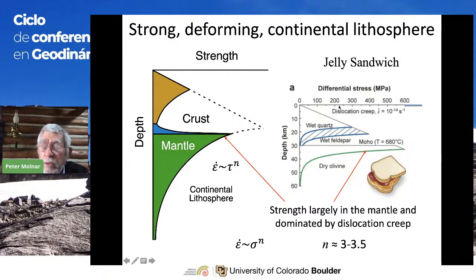I showed you this last week from Bürgmann and Dresen. So again, strength increasing because of brittle behavior, then weak because the feldspars and the quartz are weak. So you have this weak zone in the middle, shown over here. And then the strength is in the mantle down in here. And because the strength is in the mantle, and olivine in the temperature range that would apply here, which is not where Peierls creep works, is more where dislocation creep works, n is going to be of the order of 3 to 3.5. This is what we would expect for this situation, a value of n equal to 3 to 3.5.